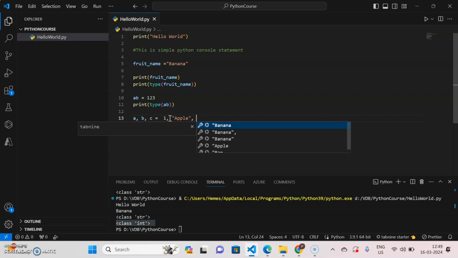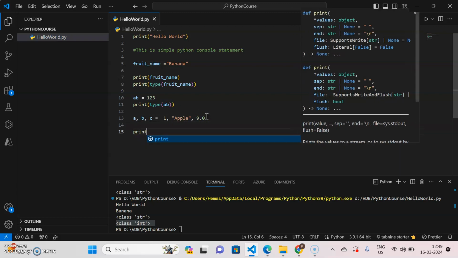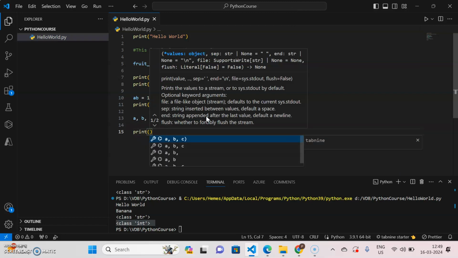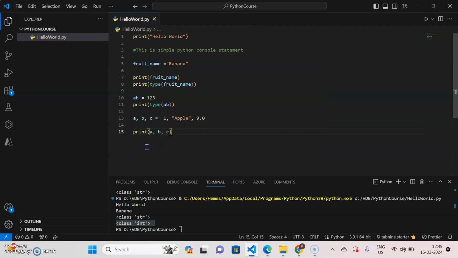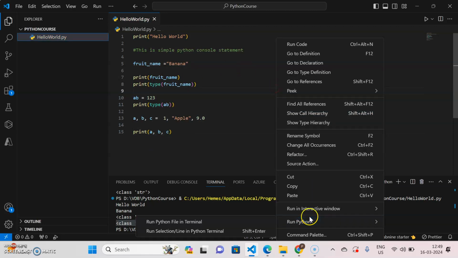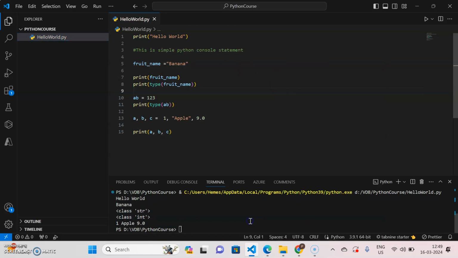Let's go with float this time. Print a comma b comma c. Rerun again. So 1 comma apple comma